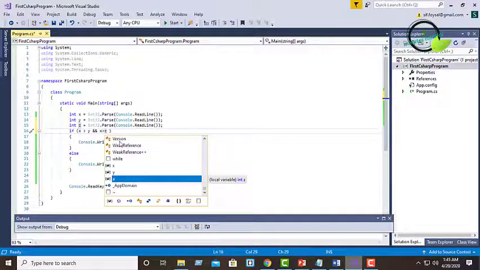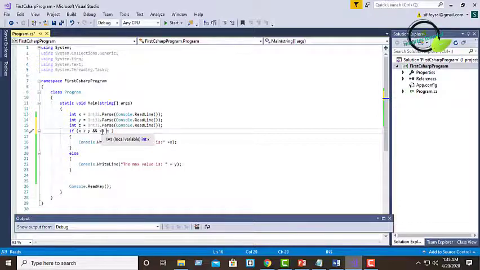So if x is greater than y and x is greater than z, then it will print the maximum value is x. And means both conditions must be true, then it will return true and it will execute the code under if.